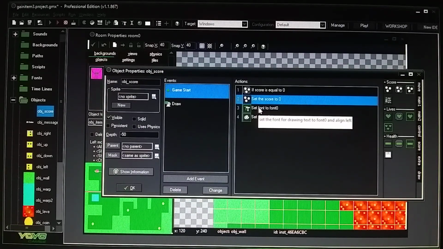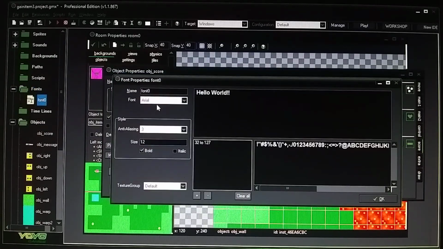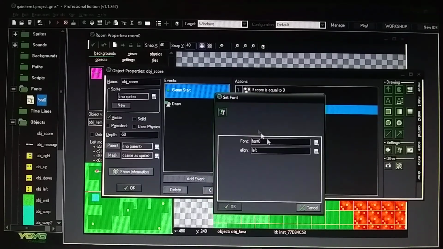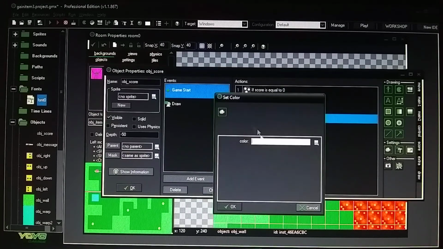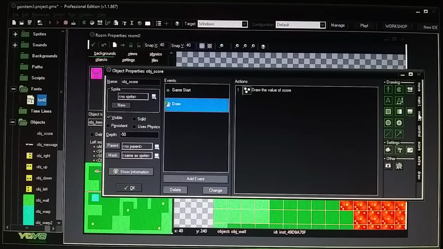And then I chose a font here, Arial 12 size bold. So I've made a file for that, chose my font, and got it from the draw event, and that's the file name. The color is white. Then do a draw and